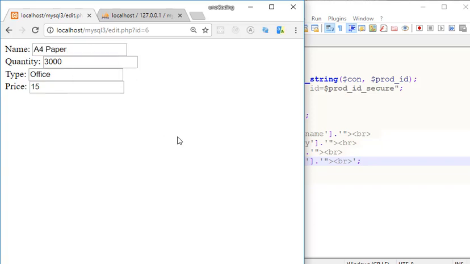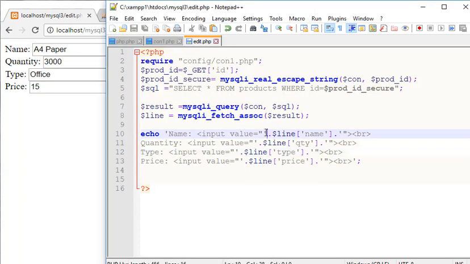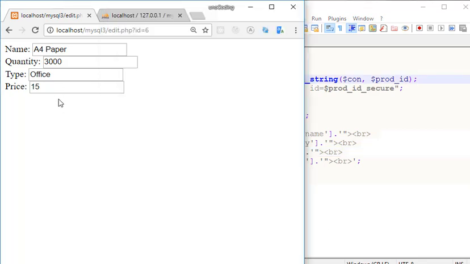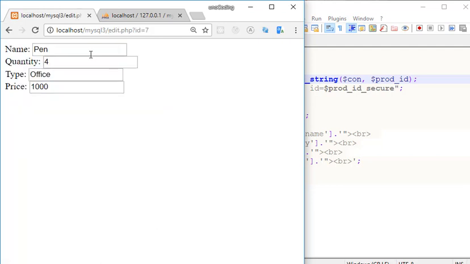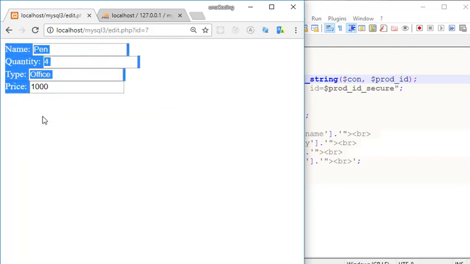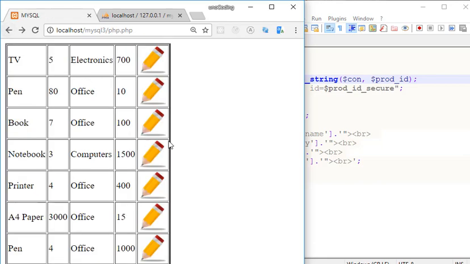Please take a good note of the quotes, the double and single quotes. So the single one is opened right here and it is closed right here. Immediately after that, or before that, there is a double quote which is closed here. Now let's see a quick demonstration of this. Let's go ahead and click on pen. I'm going to get all of its values like so in inputs,